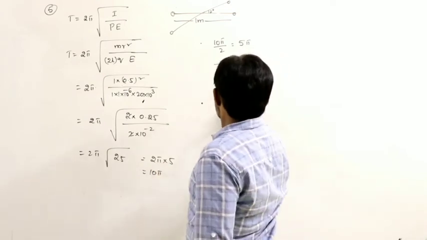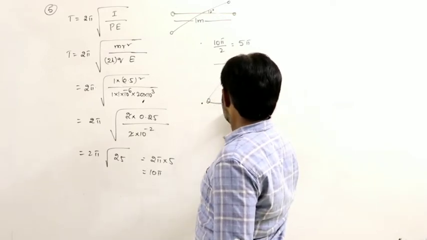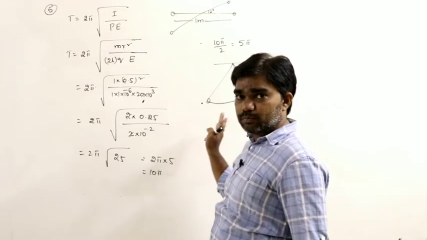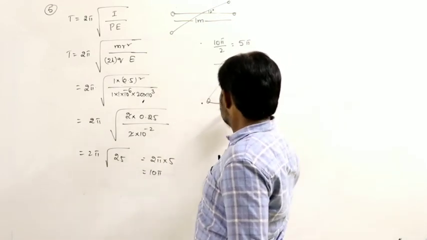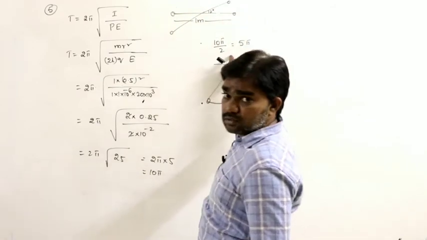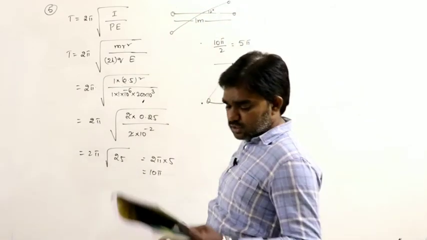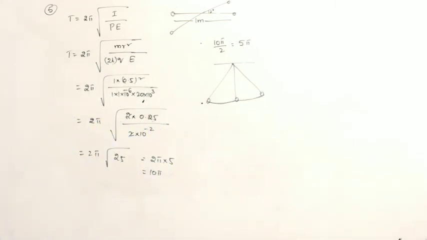See here, this is the time period in a simple pendulum, this one, and this one. Total is 4 parts. But here it is asking from this position to reach 2 degrees and come again to this one. For that purpose, it is half of the time period, that is T by 2. Next.